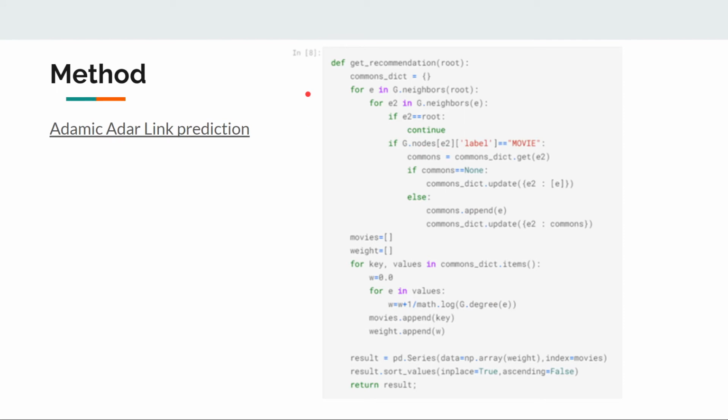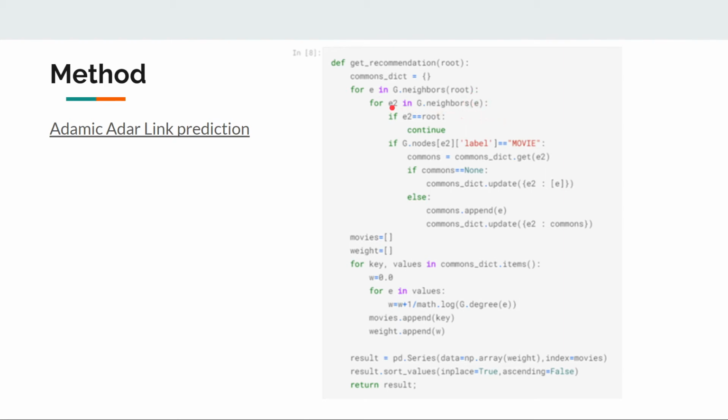And here we create a get recommendation function according to the Adamic-Adar method. The parameter here is the input movie name. We receive the input movie name and use that movie node as our root node. Then we use the variable e to iterate through the neighbors of the root node, and the variable e2 to iterate through the neighbors of the e node.